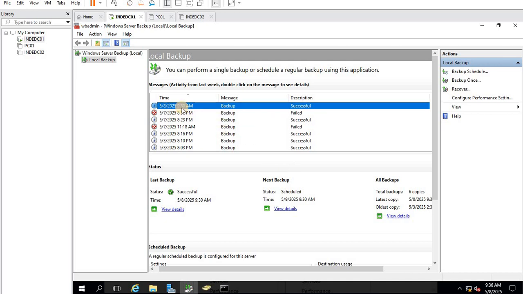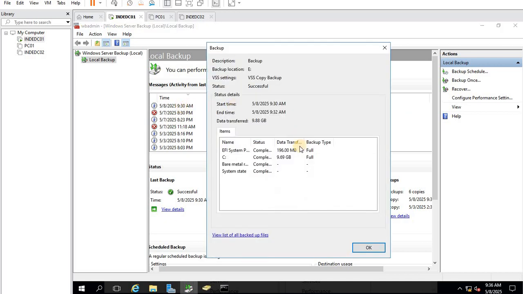So we have taken Windows Server backup, which was configured to schedule at 9:30 a.m., and it got completed at 9:32 a.m.